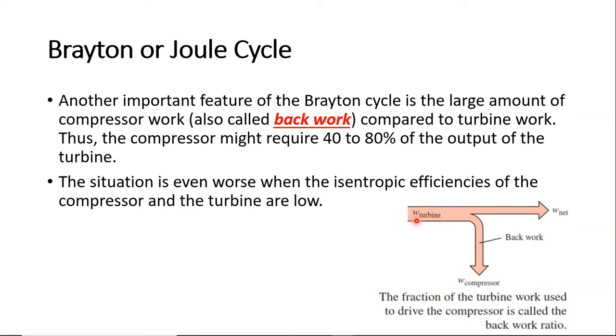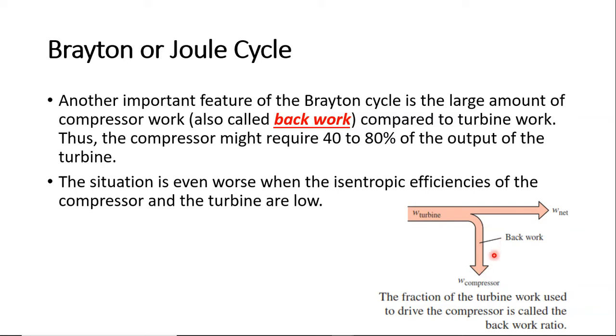So here you can see this is the turbine work, and out of this turbine work you can see the thickness. This thickness indicates the amount of the work. Out of this you can see around 50%, or it could be more than 50%, it depends, is supplied to the compressor. Here you can see the thickness, it is around 50%. Usually it is 50% or more than 50% amount of work that is supplied to compressor, and because of that we will get WT minus WC net work. So net work is very small over here.